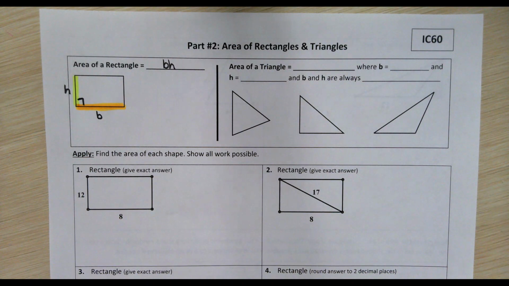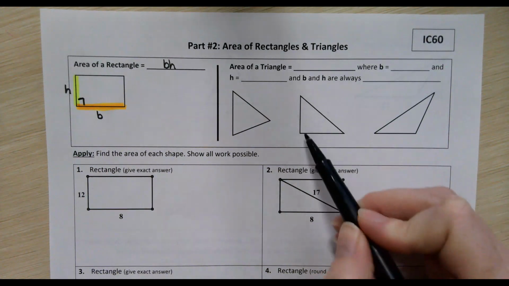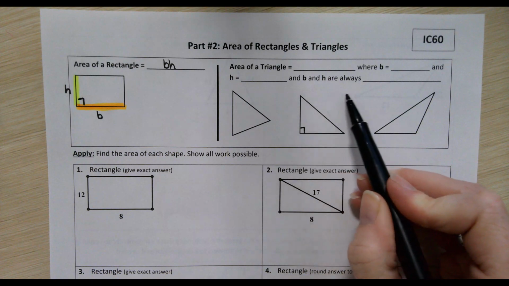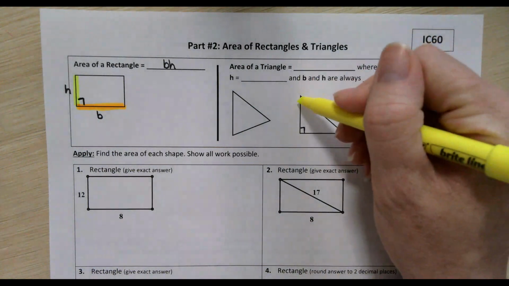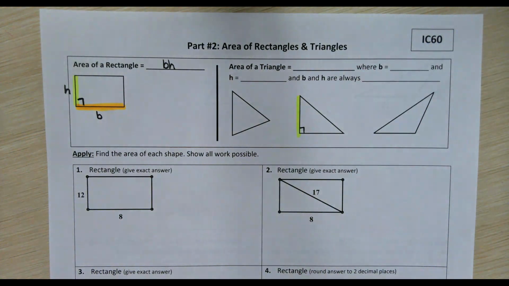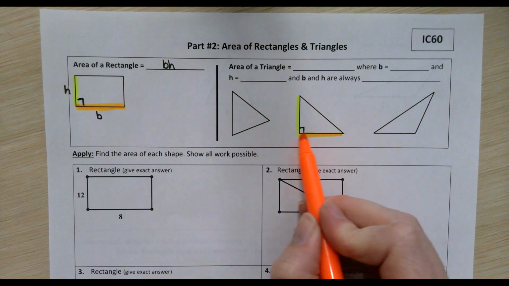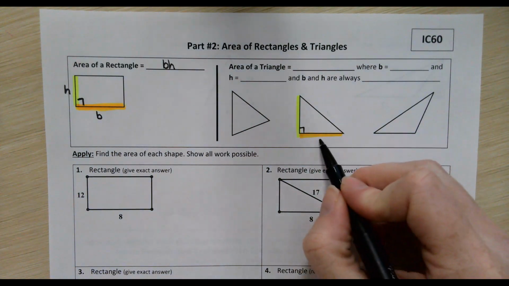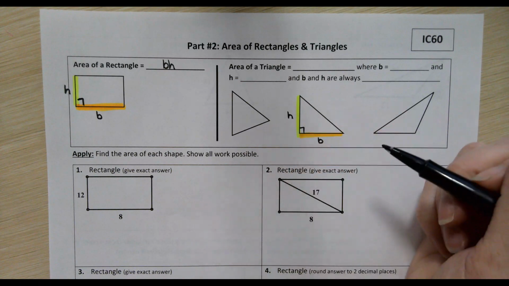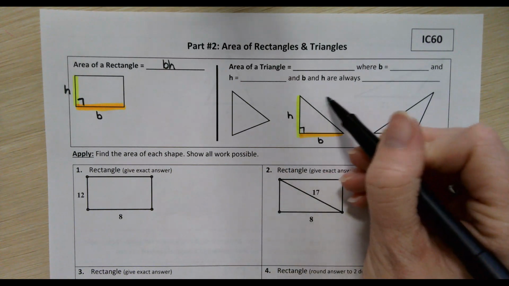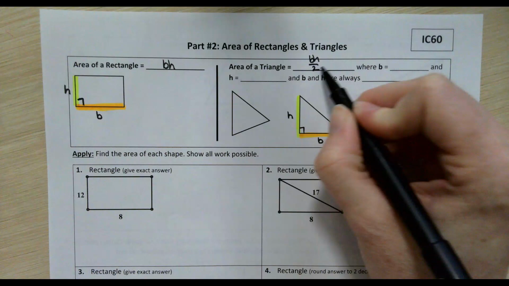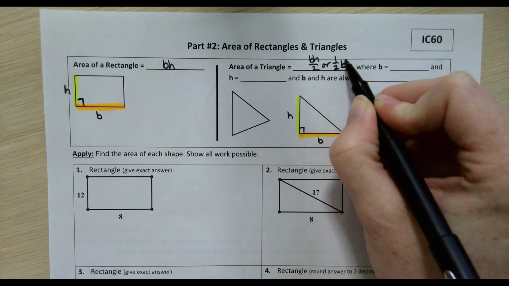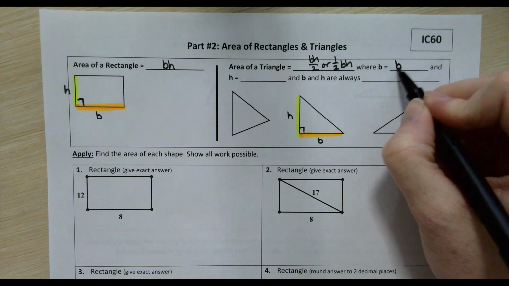When we think about a triangle, what we need to realize is that it is actually half of a rectangle. That's easiest to see when we have a right triangle. If we filled in another matching right triangle here, then it would create that whole rectangular shape. So in this triangle, we can use the same measurements we would have used for the rectangle. So these two sides that form that right angle, this is still the base and this is still the height. But in this case, we don't want to just multiply those because that would give us the whole rectangle area. So that leads us to a formula of BH over 2 or 1/2 BH, where B is the base of